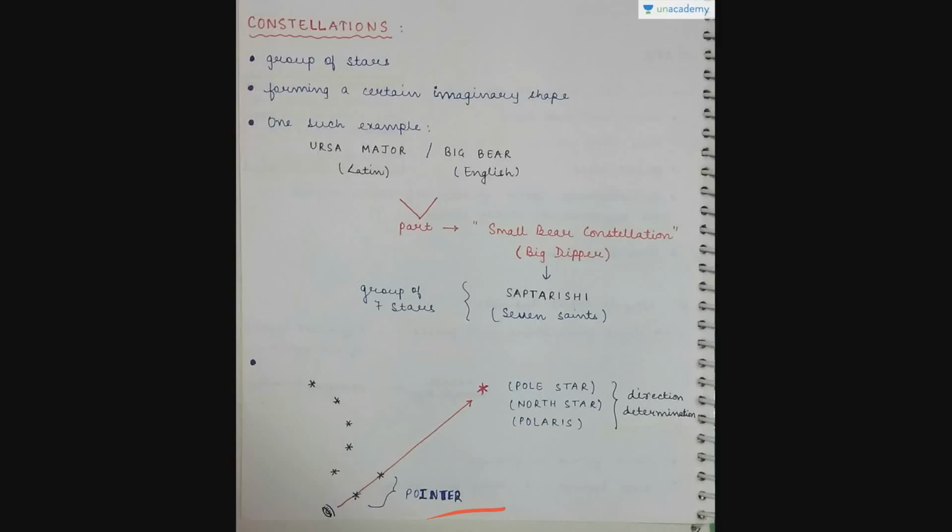So, when you look through them, they point towards a star which is known as the Pole Star, North Star, or Polaris. Now, this star was still used, but now the technology is so much developed. Earlier, when the technology was not much developed, the astronomers used this star to know the direction because it always points in the north direction.